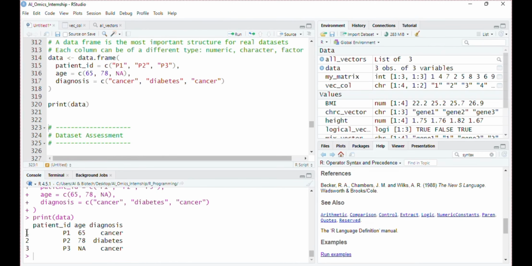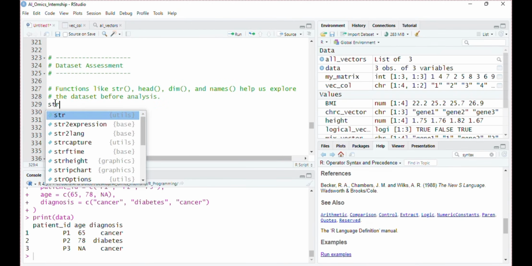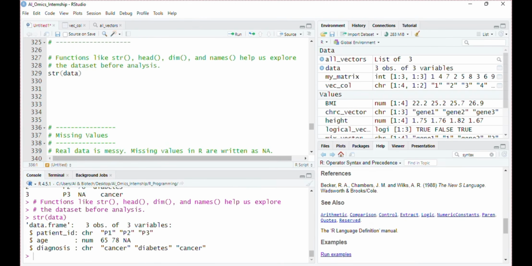For any data analysis, it is important to assess the data structure and do some fundamental data assessments, like checking the structure of the data set. The str function, structure, tells you the data structure, that is a data frame. Next, we have 3 observations and 3 variables.